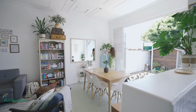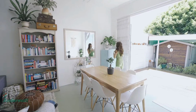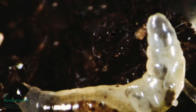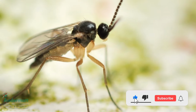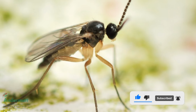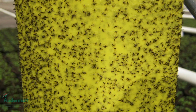When growing seedlings or potted plants indoors, the damp soil needed for healthy plants can often be a home to scarid fly larvae. These larvae can damage the plants and also transmit diseases to them. Additionally, when they develop into adults, the scarid flies are a nuisance. These fungus gnats can reproduce very quickly and have overlapping generations, meaning that both flies and larvae are present at